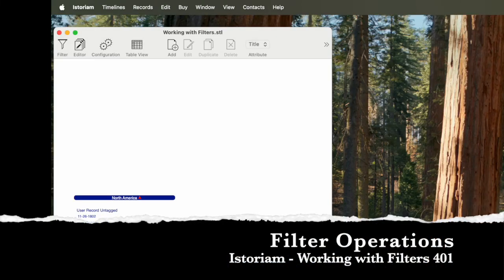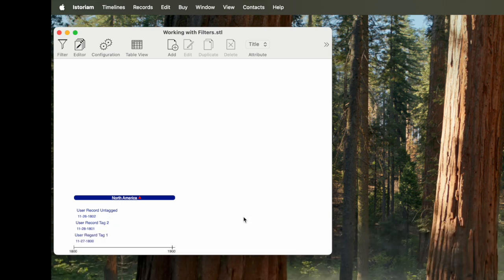Filters are used to limit the set of records from the timeline that are visible and displayed in the display window to those that meet the filter's specifications. Filters are viewed and managed in a separate window, the Filter Management window. You can open that window in three ways: by clicking on the funnel icon on the toolbar of the display window,